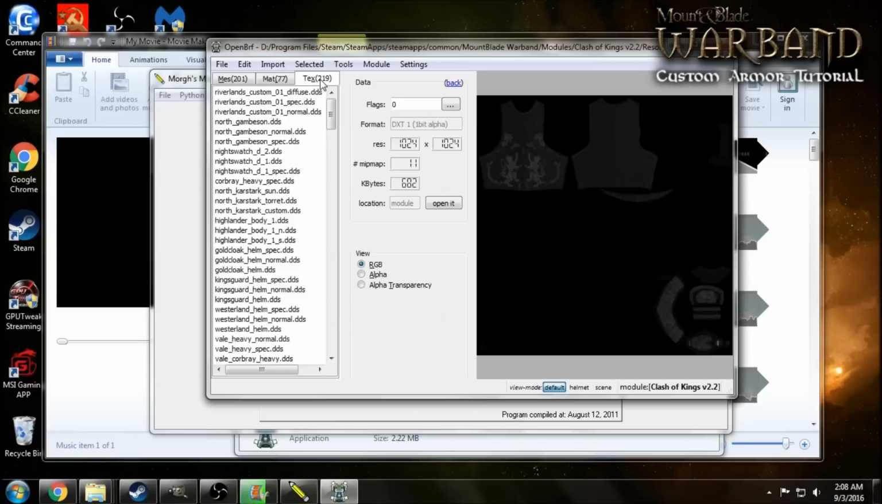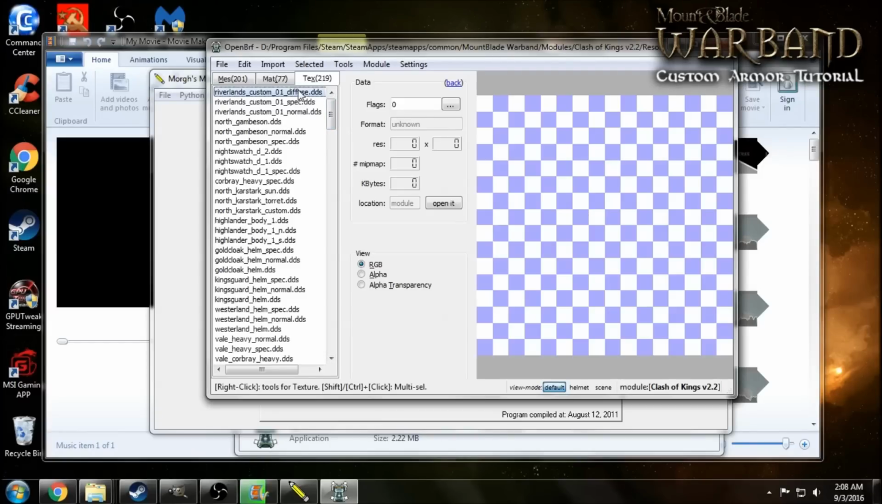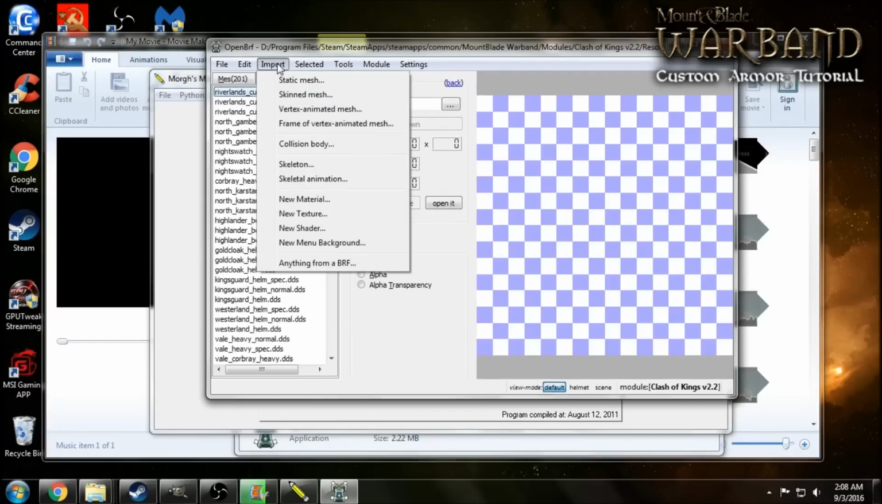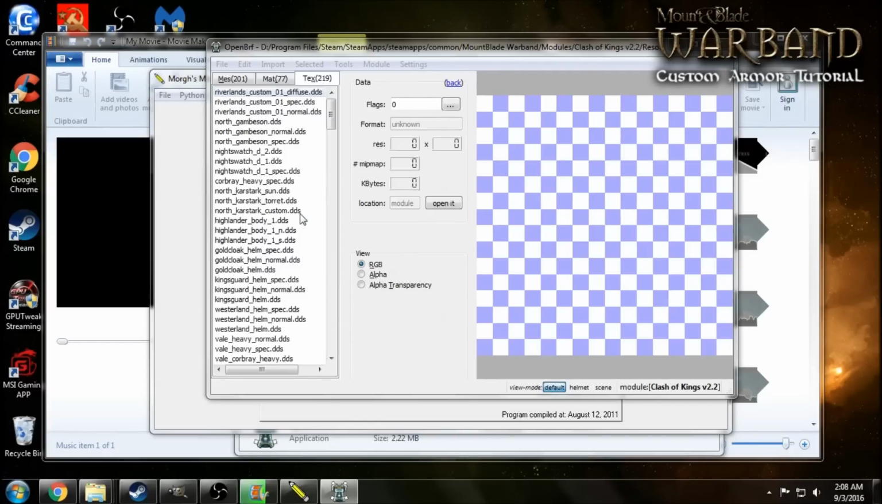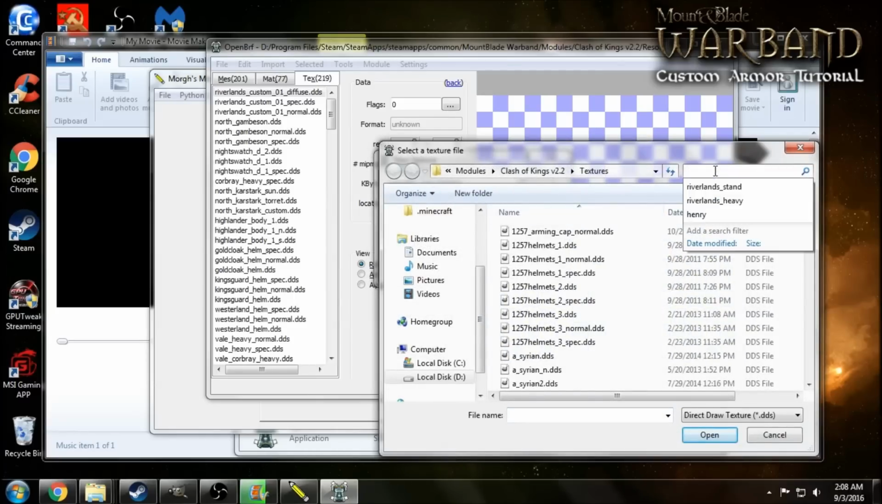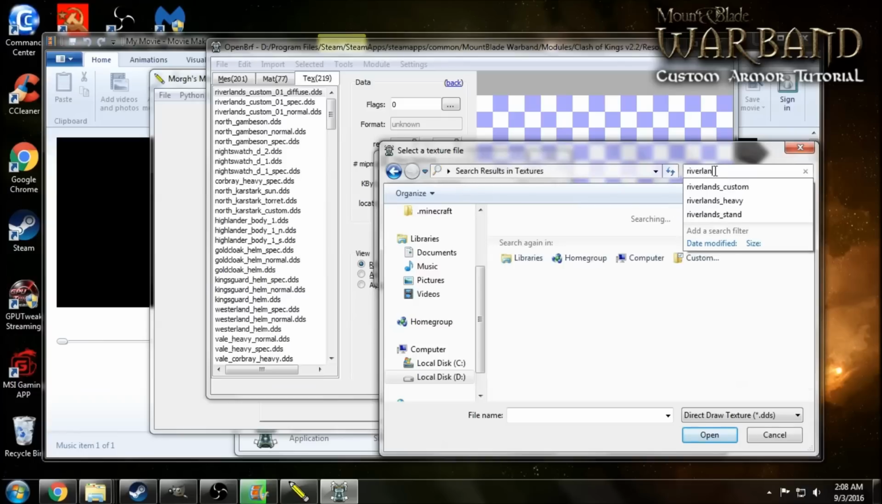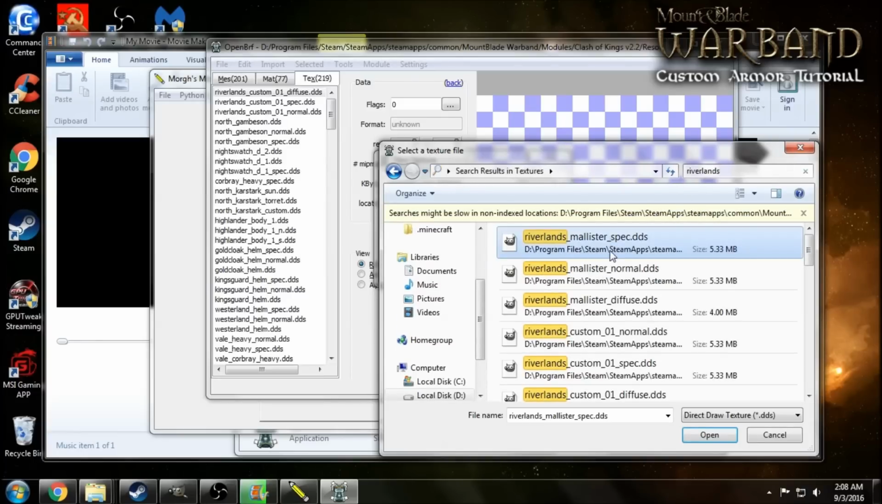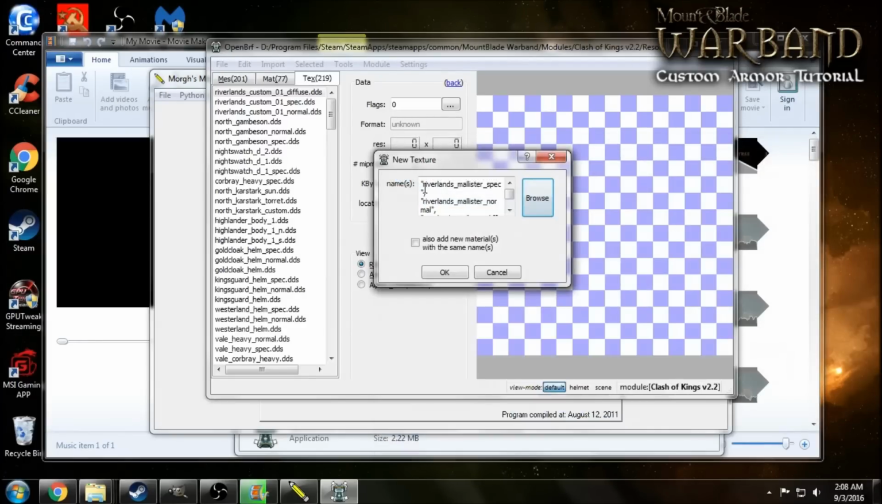And then what we want to do is go to textures, and we want to go up here, and we want to import all the textures we just made. So we want to go to new texture, browse, and then we want to search, and let's just type in Riverlands, and all of the ones we just made should come up. I have this sorted by newest first, so obviously all the ones we just created will be up top, but you might need to search the full name to find it, but there they are. So you hit open,